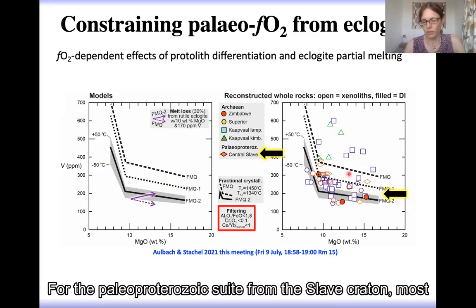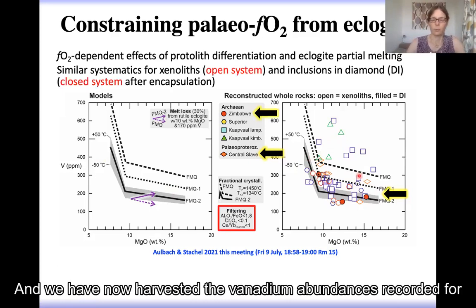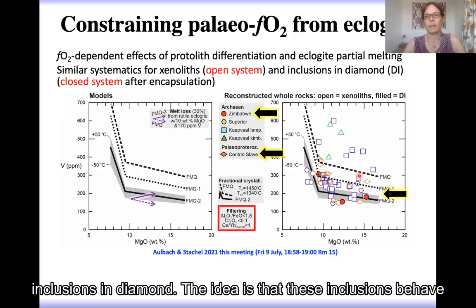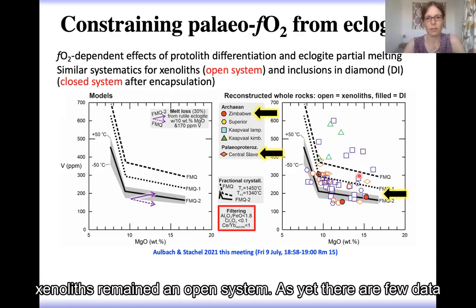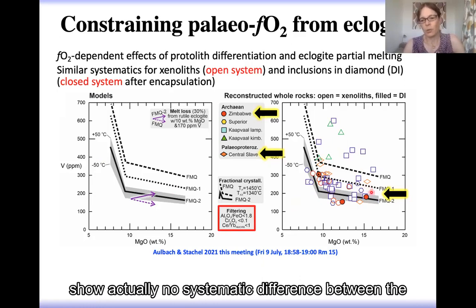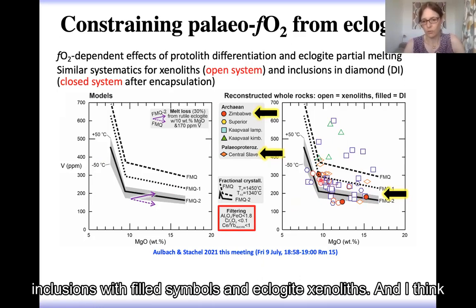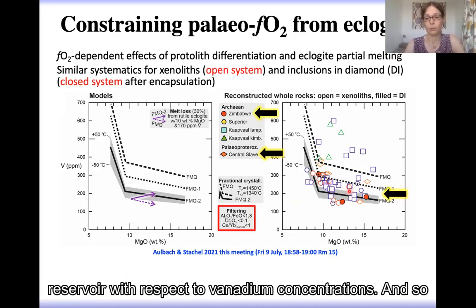For the Paleoproterozoic suite from the Slave craton, most oxygen fugacities are actually higher. And we have now harvested the vanadium abundances reported for inclusions in diamond. The idea is that these inclusions behave as closed systems after encapsulation, whereas the eclogite xenolith remained an open system. And there's few data, admittedly, that pass through the filtering. And these show actually no systematic difference between the inclusions with field symbols and the xenolith. And I think this means that there has been no systematic change to the eclogite reservoir with respect to vanadium